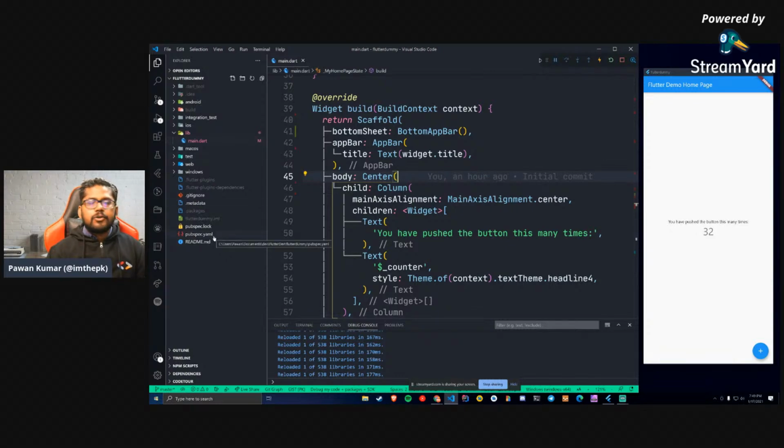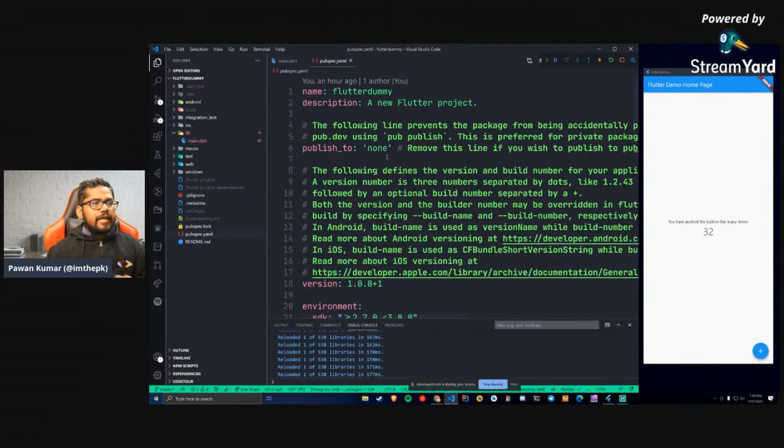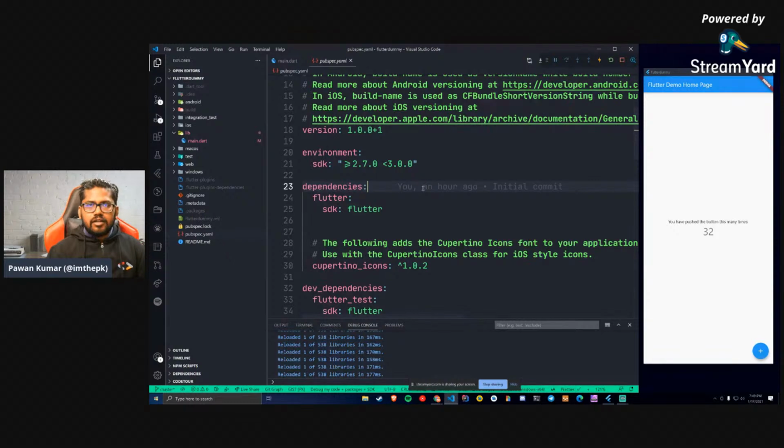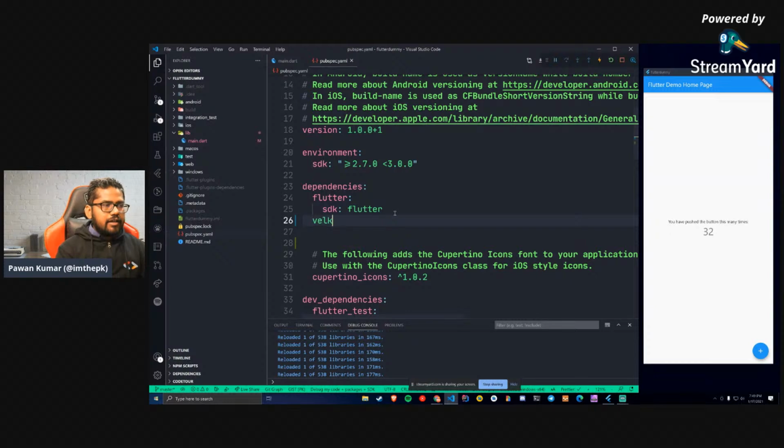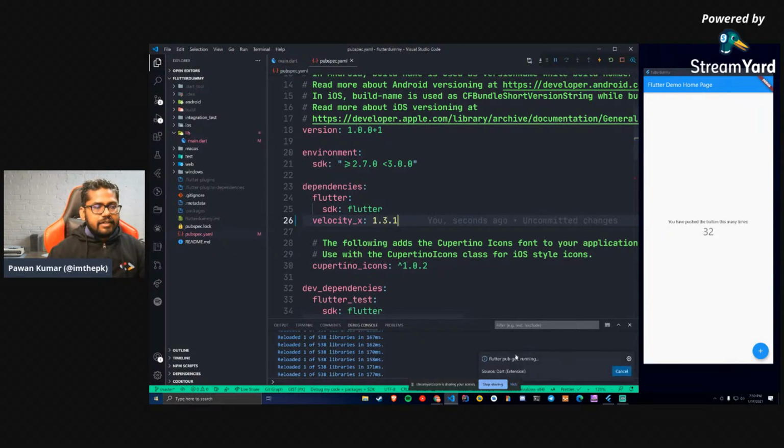So we will go to pubspec.yaml, and we will add a dependency here below this Flutter called, let's say, velocity x, and the current version is, let's say, 1.3.1. We will save it, or you can just go to your terminal and say flutter pub get.